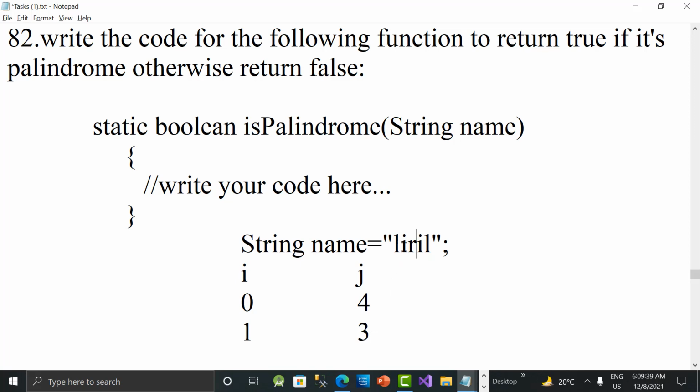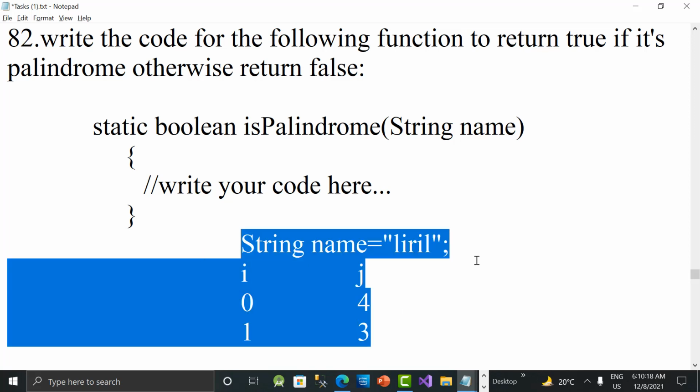Like that we keep on moving up to half of the string. Of course the middle letter can be anything, guys, can be R or X or whatever. It works perfectly, because the logic we are doing here is moving from 0 to half of the string length. If the length is 5, we are going up to 2.5, which as an integer takes only 2, so we are moving from 0 to 2. Whenever any letter is not matched, we simply break the loop and return false. False means a letter is not matched. If all are matched, we definitely return true at the end of the program. That is the logic we are implementing here.